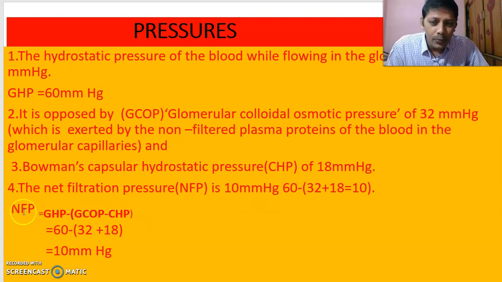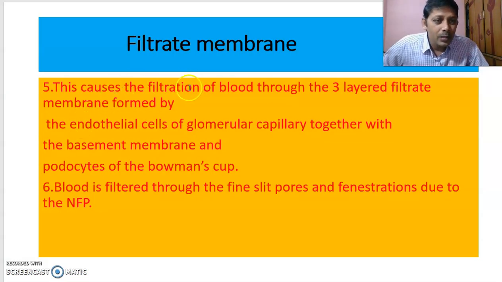Here is the formula: net filtration pressure is equal to GHP, which is 60, minus GCOP, which is 32, and CHP, which is 18. If you add these two and subtract this one, you get 10. This is called NFP, net filtration pressure. This net filtration pressure causes the filtration of blood through